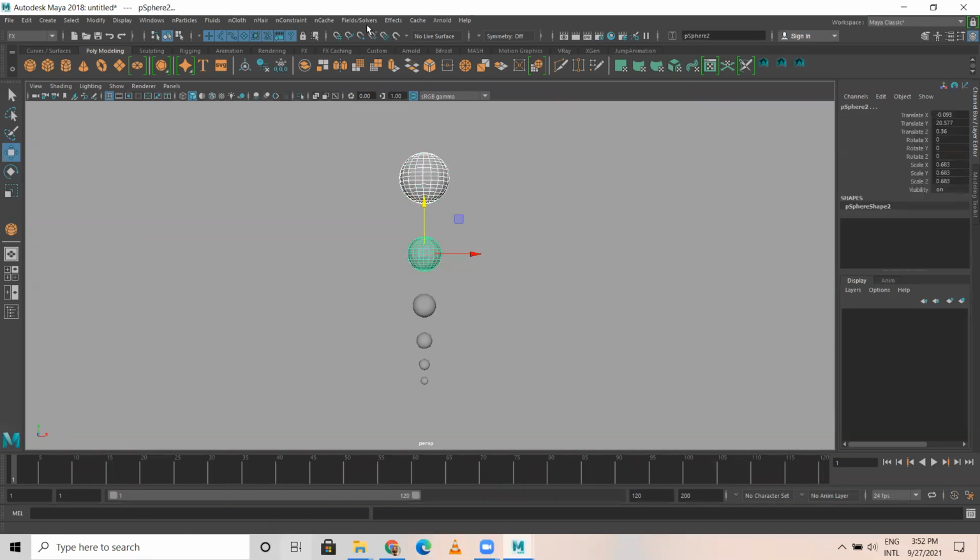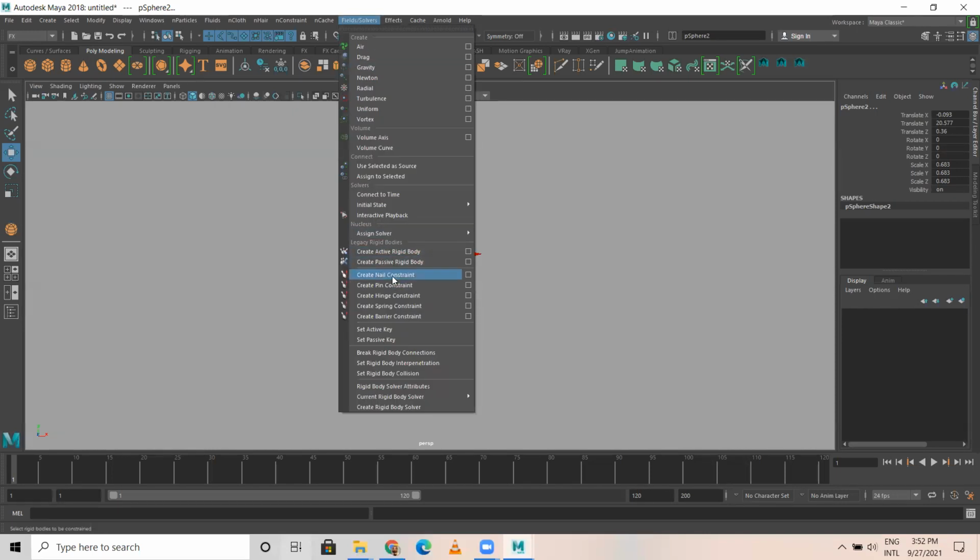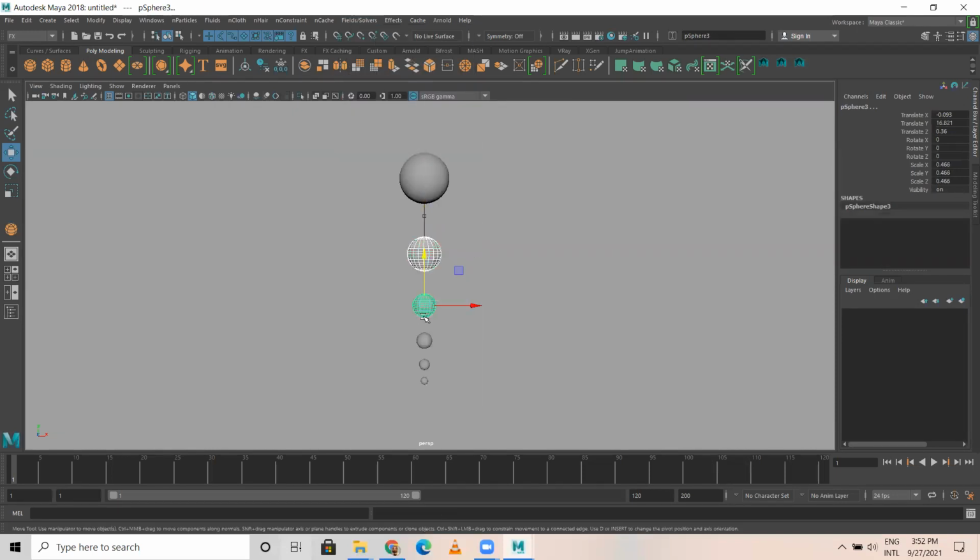Select this to this, pin constraint. This to this, pin constraint. Select this and this, it's a pin constraint. Then excluding this, I'm selecting these objects and I apply gravity.